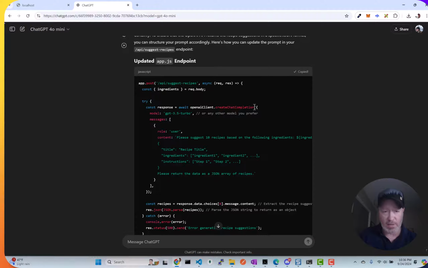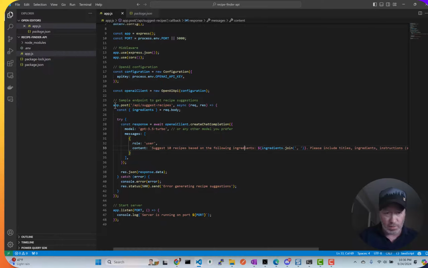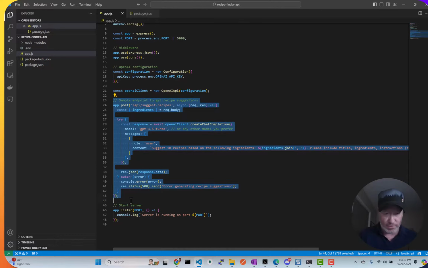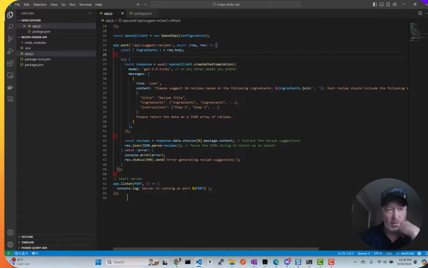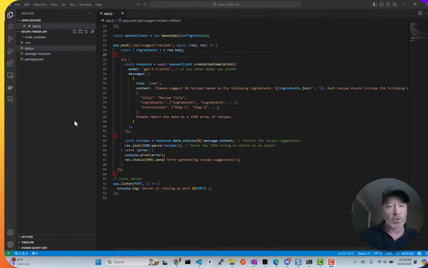All right, so that looks like it's just the function, so I will take that function. All right. Now what I'm going to do is go get my OpenAI key, and I will be right back. We can actually test this app, I think. So now that I've got my OpenAI key added to the env file,